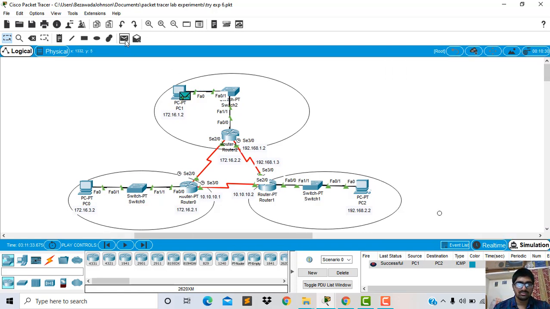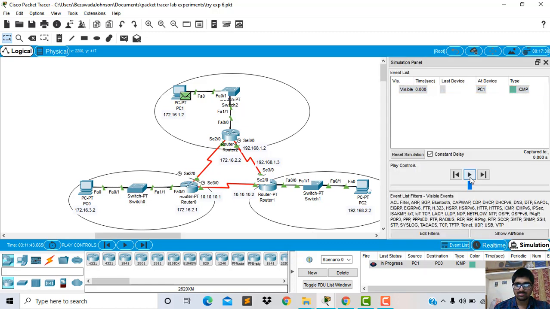Now we will ping and check from PC1 to PC0. Here also there are two paths.